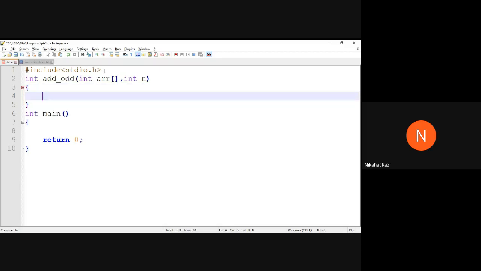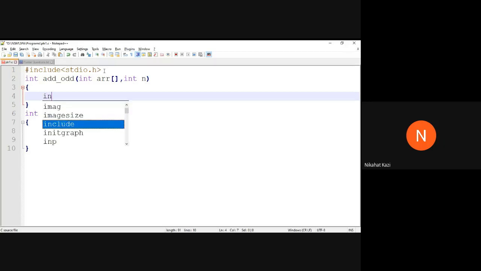Okay. So what we will do here is we need to use pointers for getting the sum. We will traverse the array using pointers, and we will check whether the number that you're looking at is even or odd. If it is odd, then only you will add to the sum.